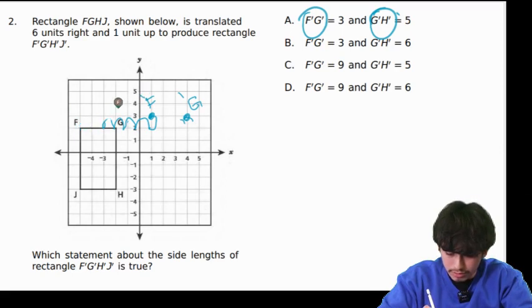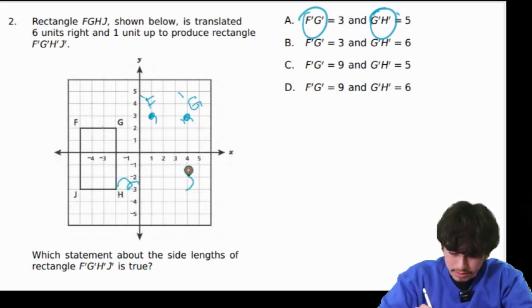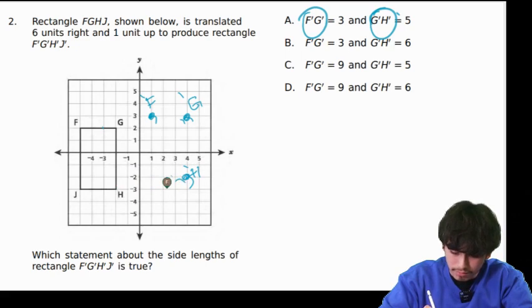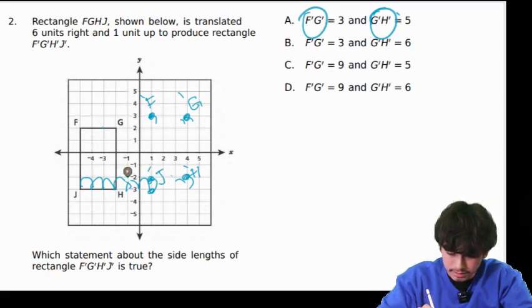Then we're gonna do H: 1, 2, 3, 4, 5, and 6. 1 unit up, H prime, erase, and then we're gonna do J, which is the last one obviously. 1, 2, 3, 4, 5, and 6. 1 unit up. Almost made a mistake there, and that's gonna leave me with J prime. And now I can finally connect the dots, which is just going to leave me with the same rectangle,